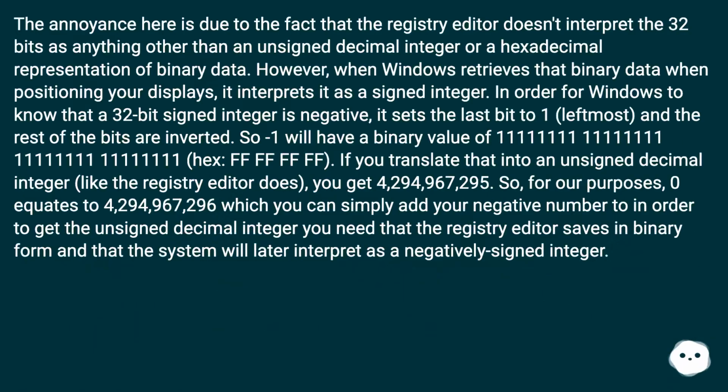The annoyance here is due to the fact that the registry editor doesn't interpret the 32 bits as anything other than an unsigned decimal integer or a hexadecimal representation of binary data. However, when Windows retrieves that binary data when positioning your displays, it interprets it as a signed integer. In order for Windows to know that a 32-bit signed integer is negative, it sets the last bit to 1, leftmost, and the rest of the bits are inverted. So -1 will have a binary value of